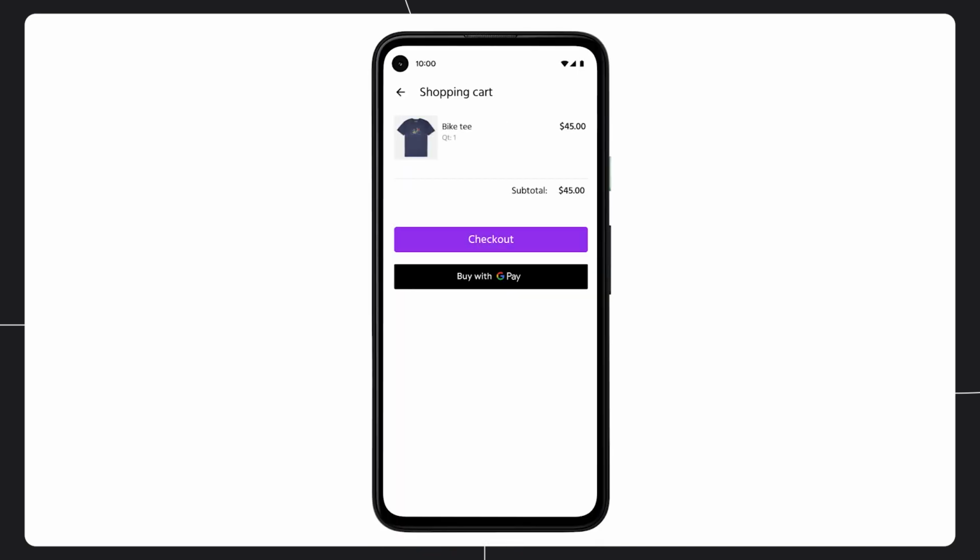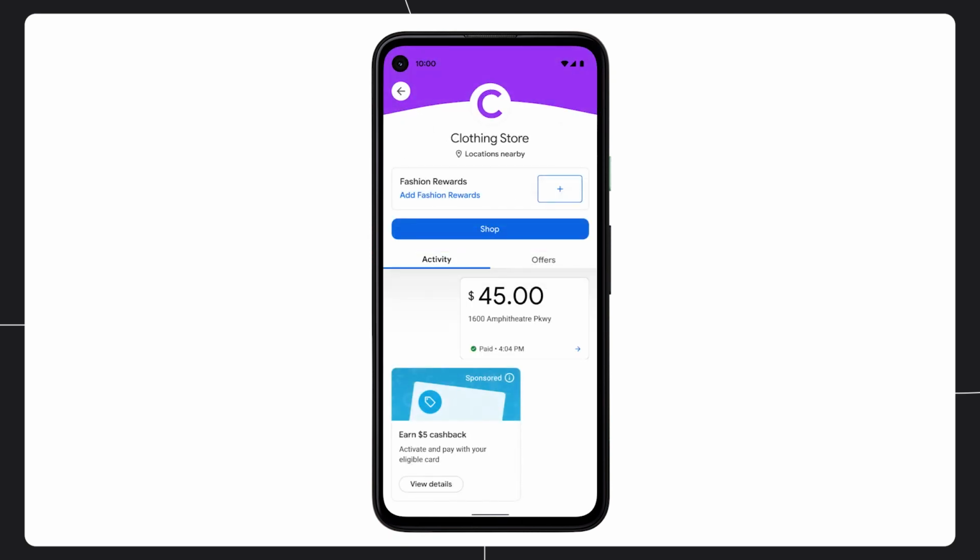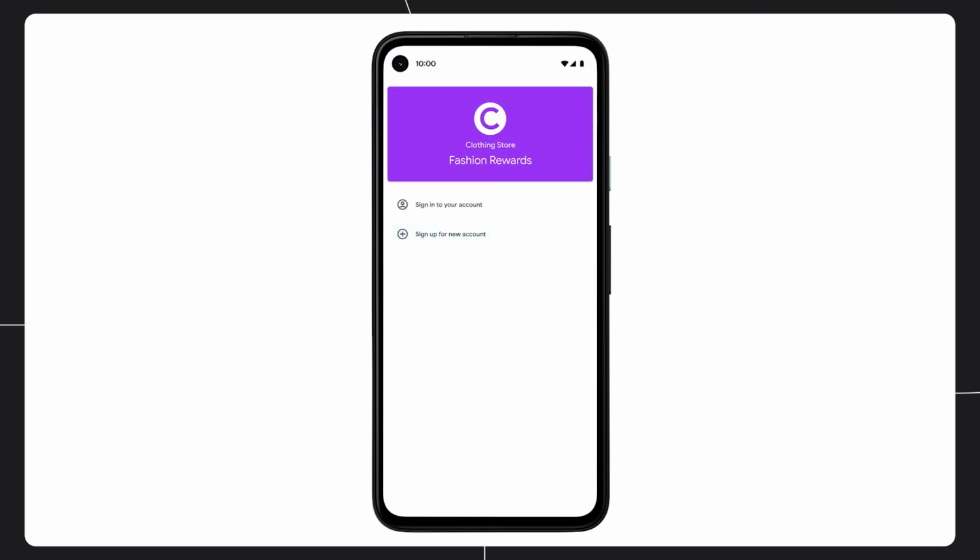First, if you integrate with the Google Pay APIs for Android and web, all transactions will show under your branded home once a user makes a purchase with Google Pay or a Google Pay enrolled card, in-app, through your website, or in-store. In case your company uses a loyalty program today, you can leverage the loyalty enrollment and sign-in API